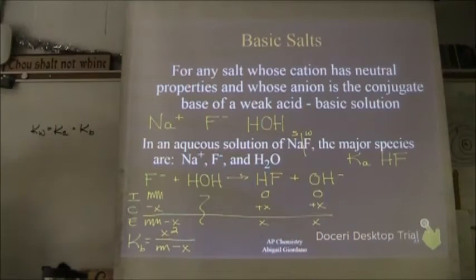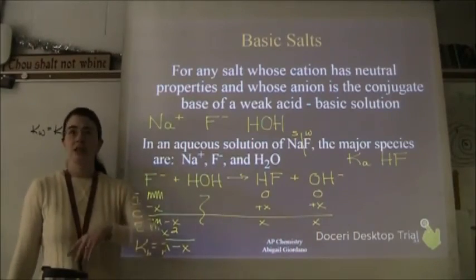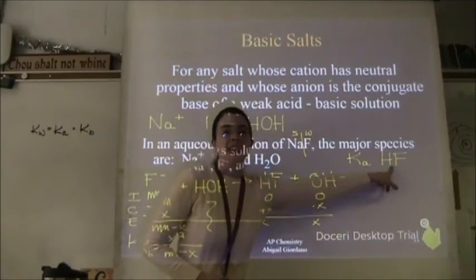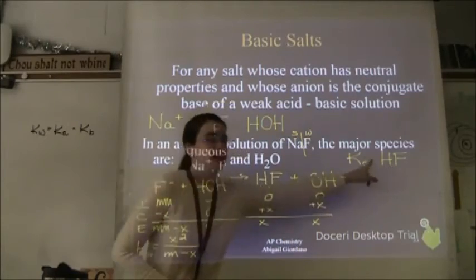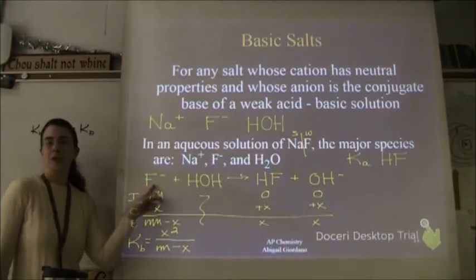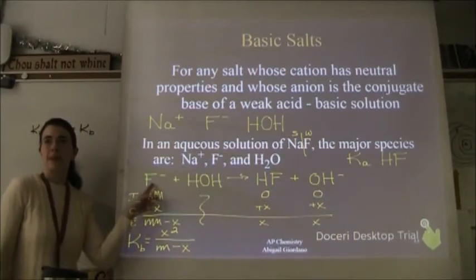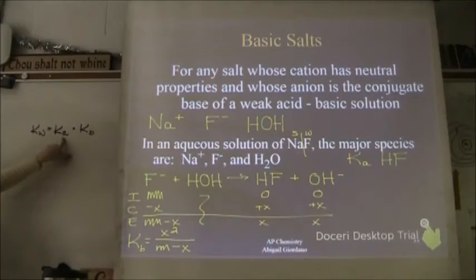Do you see that? Do you all agree? If this is an acid, that is its conjugate base. Would you agree? If you have the Ka for an acid, you can find the Kb that we apparently need